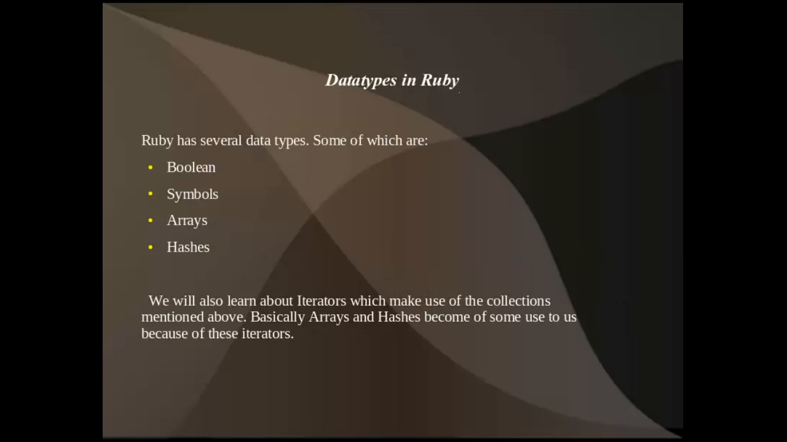Ruby has several data types, some of which are Boolean, symbols, arrays, hashes. We will also learn about iterators, which make use of the collections, arrays and hashes. Basically, these arrays and hashes become of some use to us because of these iterators. Switch to the SciTE editor